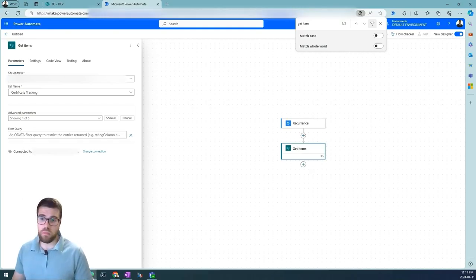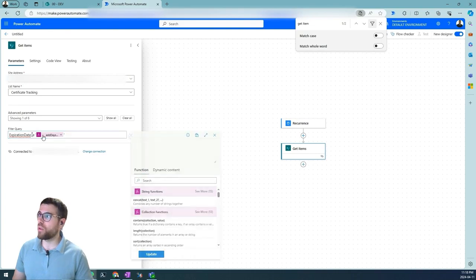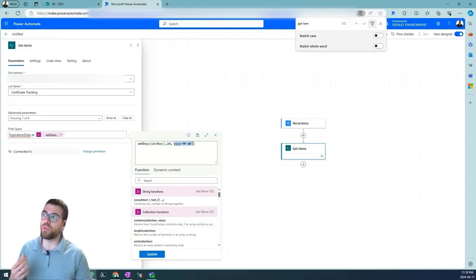And I'm going to directly copy paste this value that will be available for you in the notes of the course. So basically, yeah, I'm going to paste the value here. And basically what we're saying is expiration date. This is the column that we're going to filter, right? LE means less or equal. And here we put a formula that says addDays, so that's from today plus 10 days. And this is the format that we want the date to be retrieved, because this is the format of the date that we use to compare against